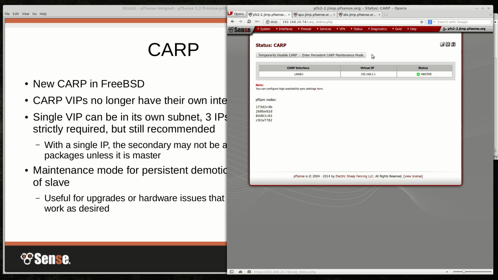Also, as you can see here at the top, there is a persistent CARP maintenance mode. What that does is, instead of just disabling CARP, it puts it into a mode where it will stay off even after a reboot. So say you are upgrading your master, you could put it into maintenance mode, and then it could reboot after installing an update. It would stay off while it reinstalled it. Say you've got 1,000 packages that you need, like Squid or routing daemons, things like that. It wouldn't try to take over until you come back in here and you disable maintenance mode. So that can help make the upgrade process a lot smoother